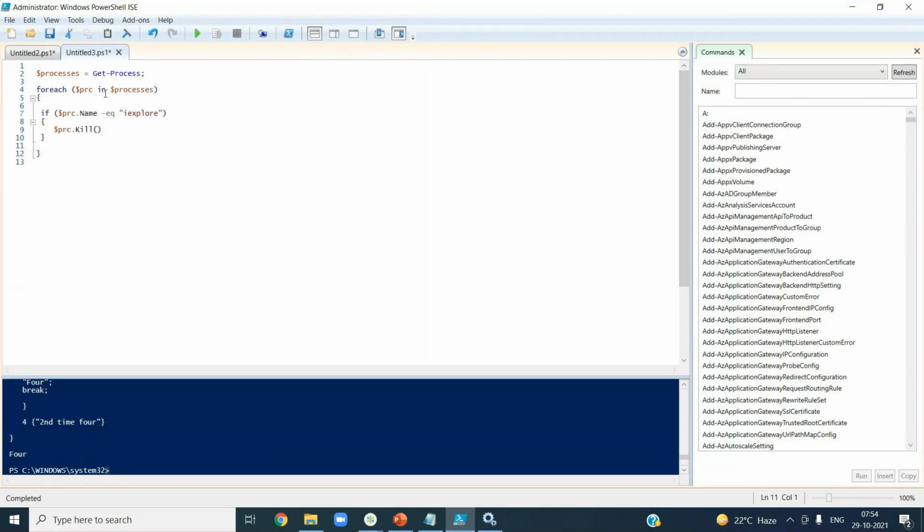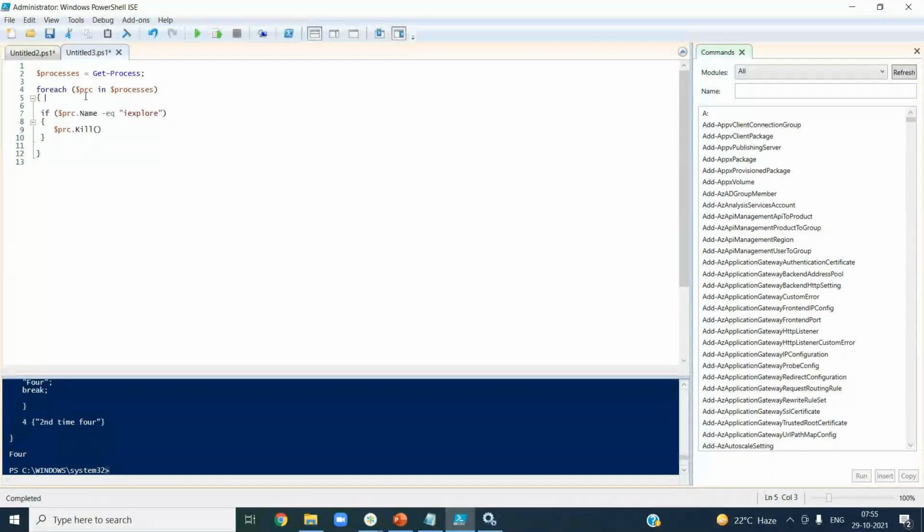I'm using a foreach loop because these are not integers or words or something, right? Now you understand, if it is not a simple data type like integer, float or string, then you can use the foreach object loop. If you know the data type, whether it is a list of values, I mean integer, float, etc., use for, for i equal to 0, etc. If you don't know what will come in the output of this command, then you can use foreach.